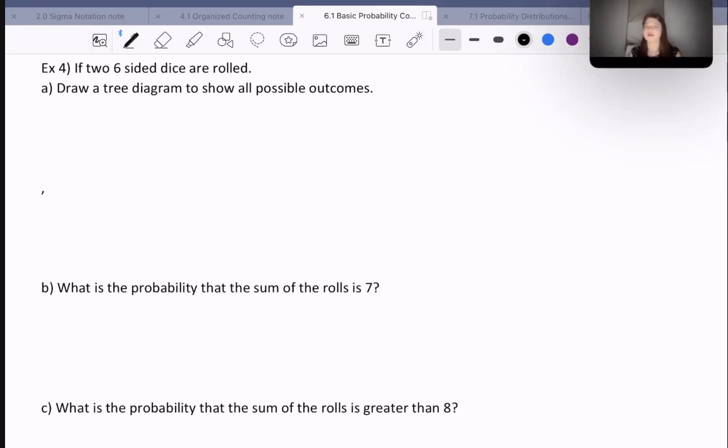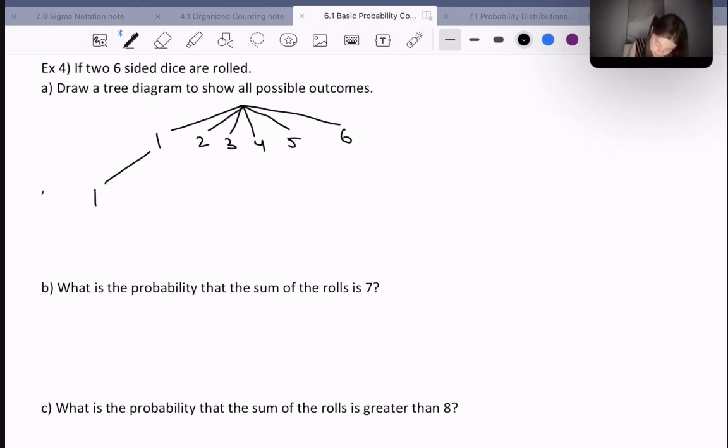What are the possibilities for the first die? Well, the first die could either be 1, 2, 3, 4, 5, or 6, right? And what about the second die? It could be either 1, 2, 3, 4, 5, 6,